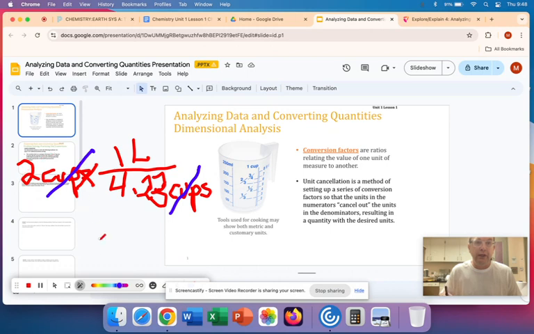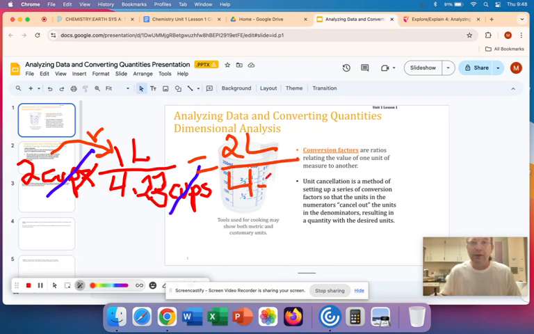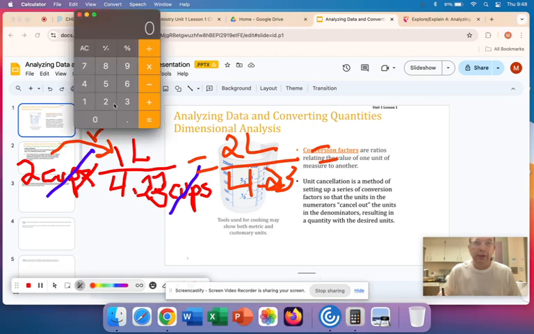And then I can multiply 2 times 1, just for example. 2 liters divided by 4.23, and 2 divided by 4.23 is